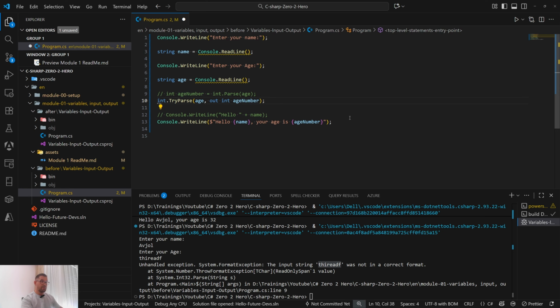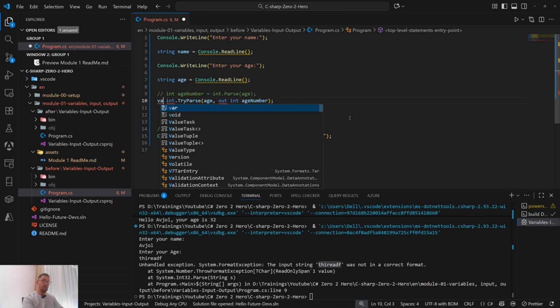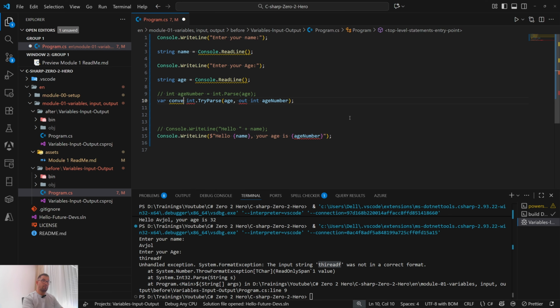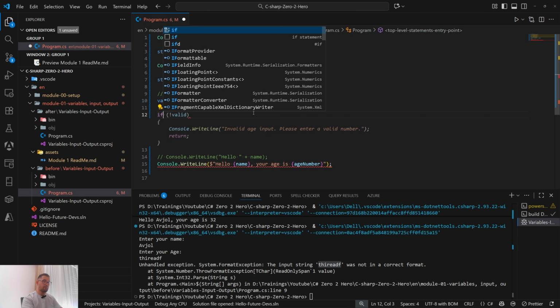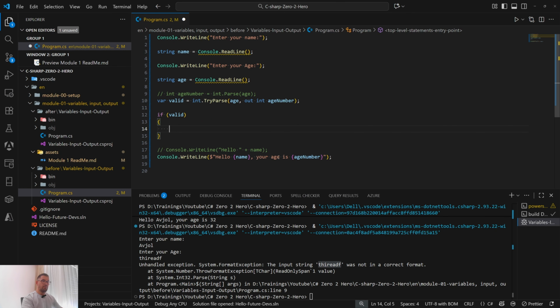And now, to be safe, we want to first come here and say converted. This is a variable that we have assigned it to, or we can say this is a valid conversion. And if we have a valid conversion,